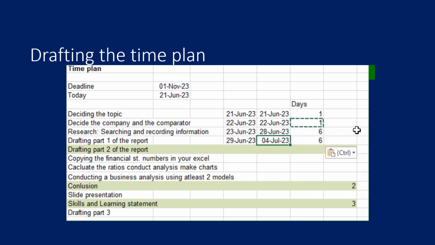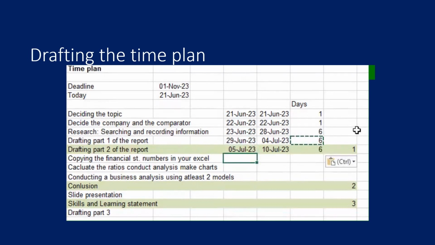So let's see. Drafting part 2 of the report should be right after that. And by the way, this drafting job, if you ask me from my experience, doesn't end till you have reached the conclusion or even till submission. So keep your mind open to it. There will be a lot of revisits when you start this project. So it's normal. Don't worry about it. So the same amount of time for part 2,